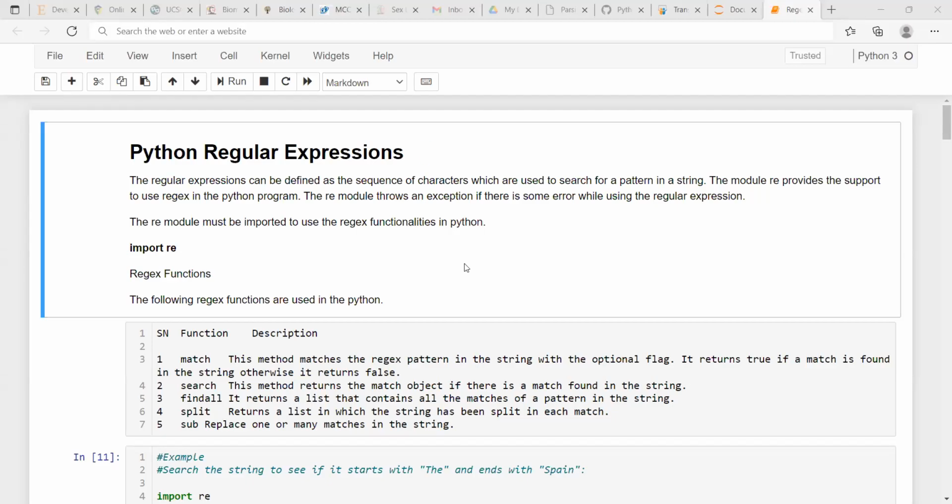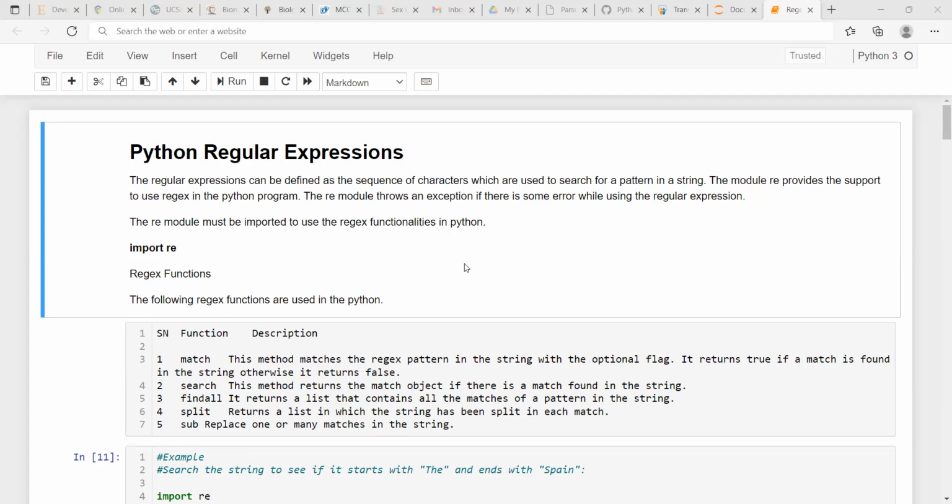Today we are going to discuss regular expressions and their use in Python, particularly in biological sequence data analysis. You have seen many examples of biological sequences. Hopefully you have studied the promoter region of a gene, and there you have found that one particular sequence, say the TATA box, is present.